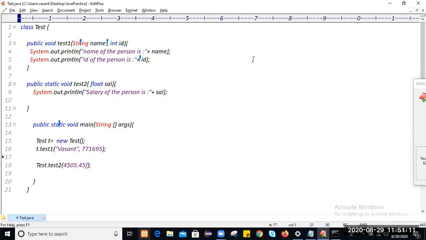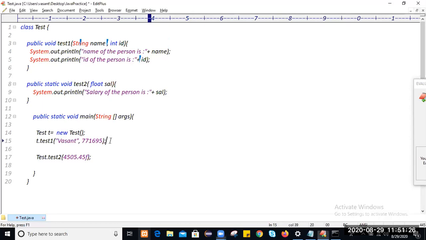So right, we can pass arguments to the method. Excuse me, sir. Here, can't we initialize t dot test2 and then a value? No, we can't. Which one? t dot test1 is initialized. Then you have written test dot test2. Can we write t dot test2? We can write it, but actually we are not initializing here. This is not an instantiation statement. This is actually called a method calling statement.